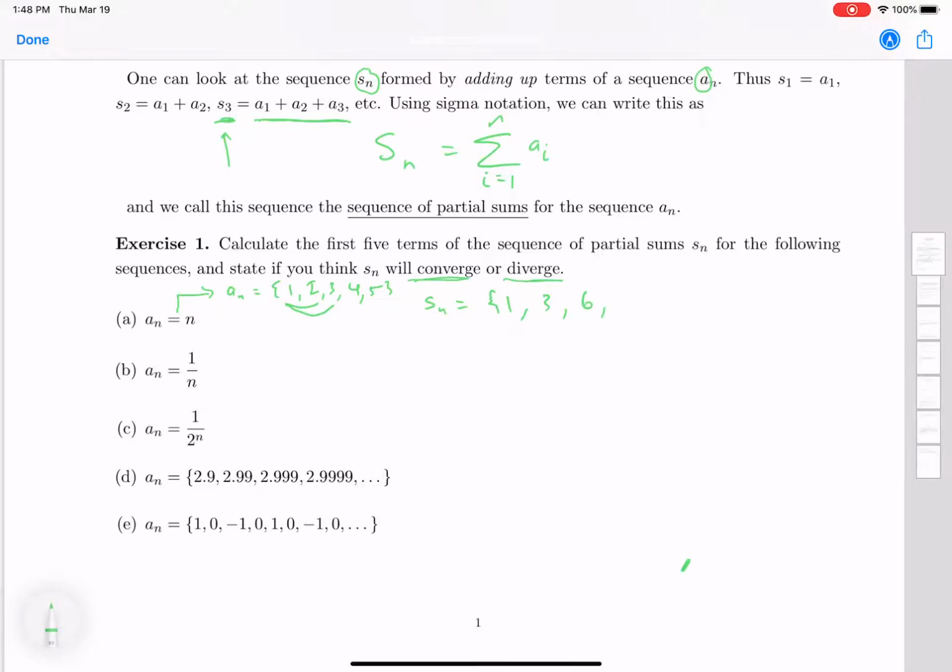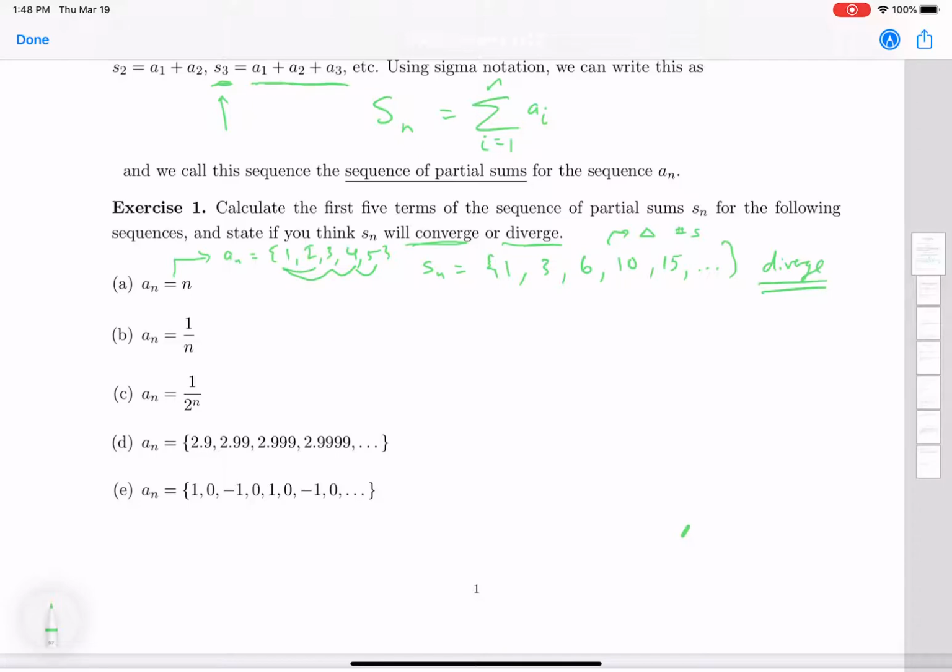And what's really happening is when I go from the 6 to the next one, I'm really just adding the next term. This next one's going to be 10, and then 15, and it's going to keep going. That totally looks like it's going to diverge because it's increasing, and it's increasing rapidly. So yeah, this is definitely going to diverge. These, by the way, are called the triangle numbers,